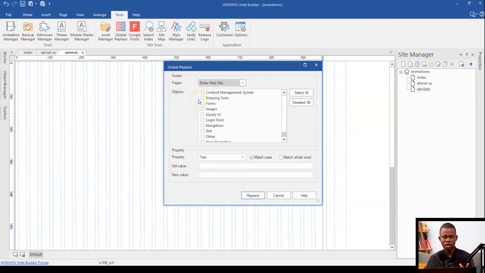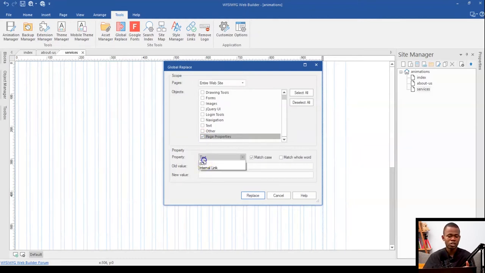Then I look out for which object I'm using the global replace tool with. This is going to be with the page properties, because the page title is found in the page properties. And what do I want to change? The property type is going to be text, the old value is going to be name, and the new value is going to be Dabson Ishmael.